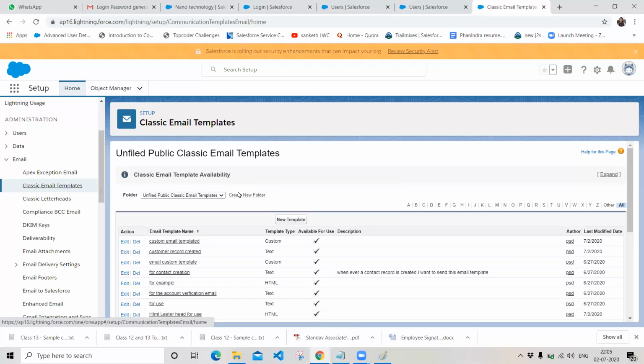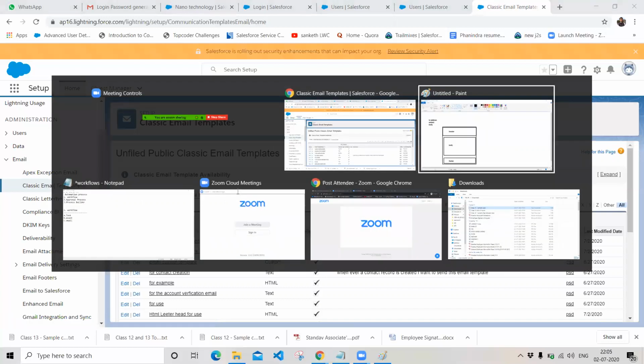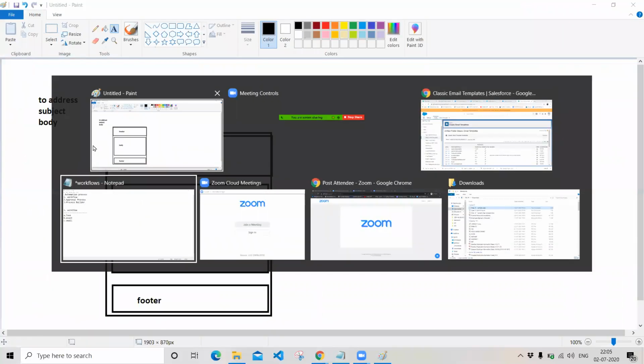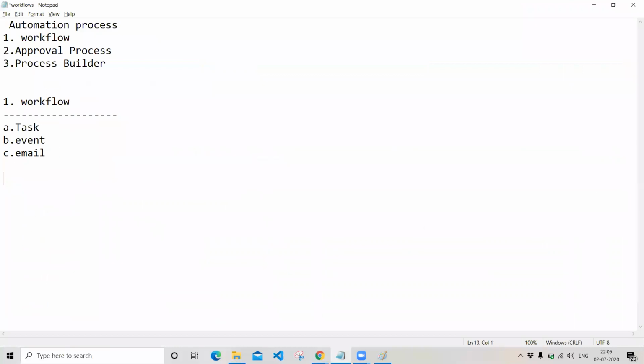So the workflows will automate all your business requirements. In workflows, we have four different types of actions. One is to create a task.